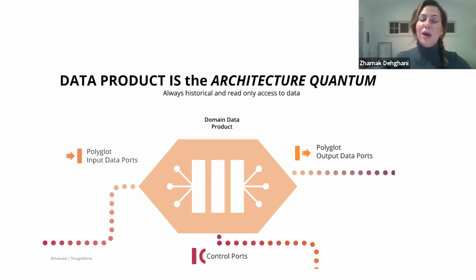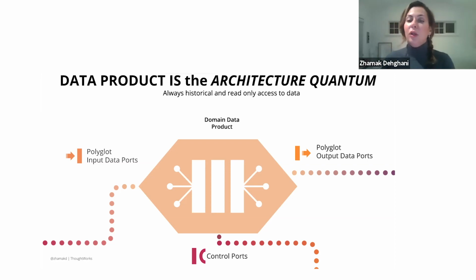This is the API to actually see the historical changes of a customer, that historical view. So this unit of architecture encompasses code that receives data from somewhere, ultimately, either from the customer application or microservice or from an upstream data product through these kind of polyglot input data ports, and has code and interfaces to provide data out for big data style of consumption through these polyglot output data ports, provide data in form of SQL, because people who write the report still